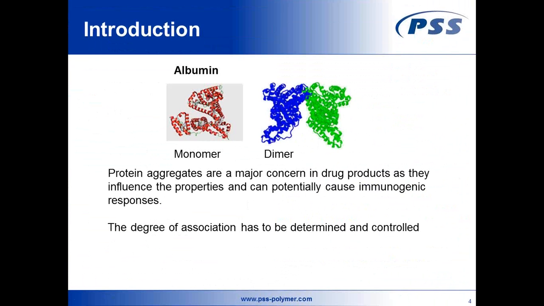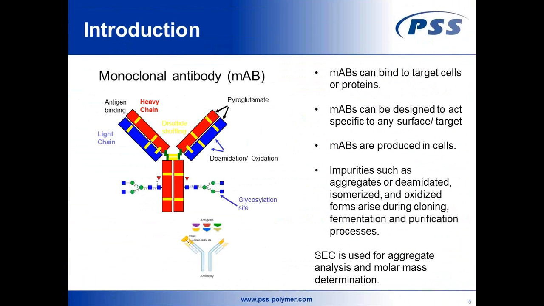Secondly, very, very interesting for SEC analysis is the analysis of the so-called monoclonal antibodies. One of the typical structures of the antibody is seen in my picture on the left-hand side. Antibodies are built up of various proteins, and these proteins are connected by disulfide bonds or bridges in between. And in general, if you look at it from a more general point of view,